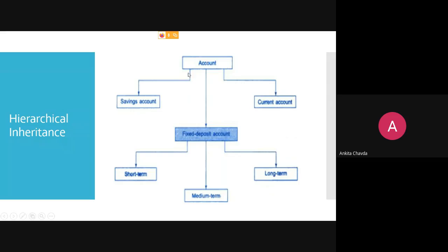Another example is an account. It could be a saving account, a current account, or a fixed deposit account. If it is a fixed deposit account, again it is a hierarchy: short term, medium term, long term. This is a kind of tree, that is your hierarchy.